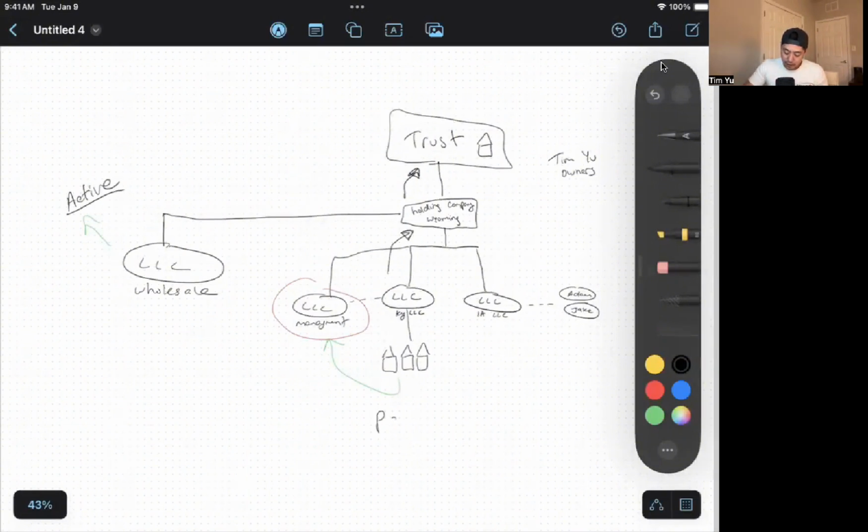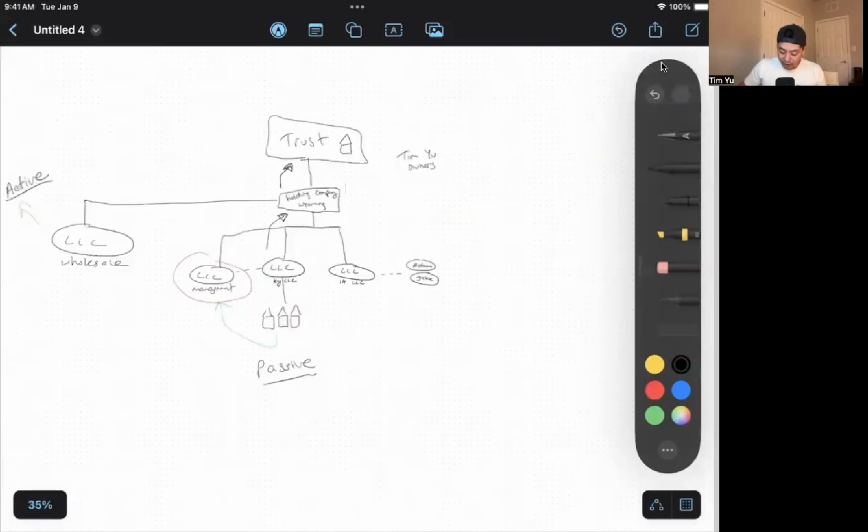And this is my passive, right? And obviously, this is all taxed differently. So you want to make sure you split them, and your CPA will love you if you do this, right? My CPA yelled at me for having everything in one LLC. Literally 3 years ago, I had one LLC, U Properties, right? The story that I talked to you about earlier.